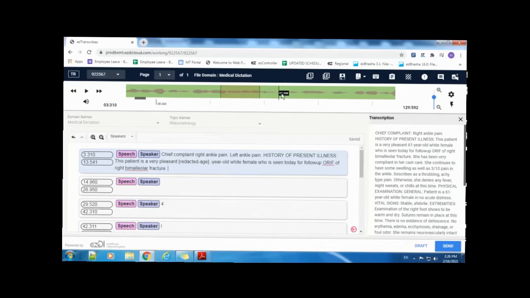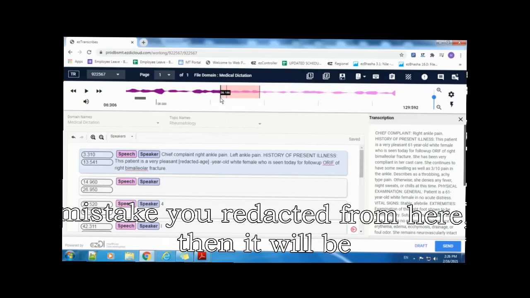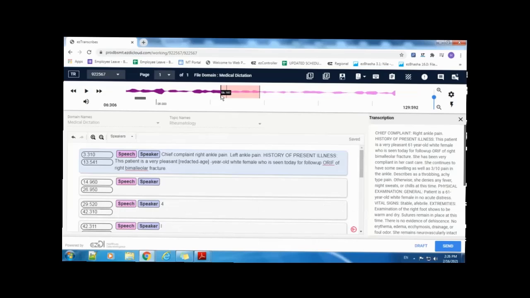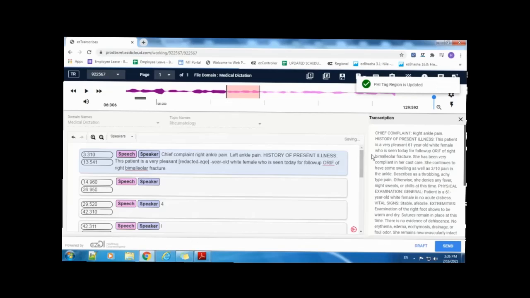For example, if the PHI is starting from here at this point, but by mistake you redacted from here, then it will be helpful for you to increase or decrease the PHI labeling in the audio precisely.